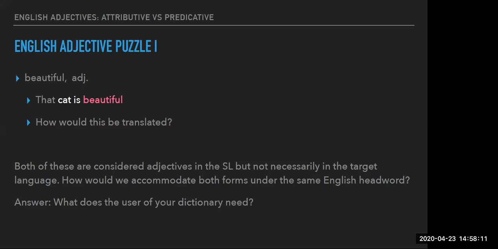Right. So yeah, there are lots of different ways, right? So you say it in one way when it's attributive and in a completely different way when it's a predicative form. Now both of these are considered adjectives in the source language, but not necessarily in the target language, right? So how would you accommodate? Would you put down all the forms, say you're doing just a direct equivalence sort of translation? Would you just list all the different forms of beautiful in